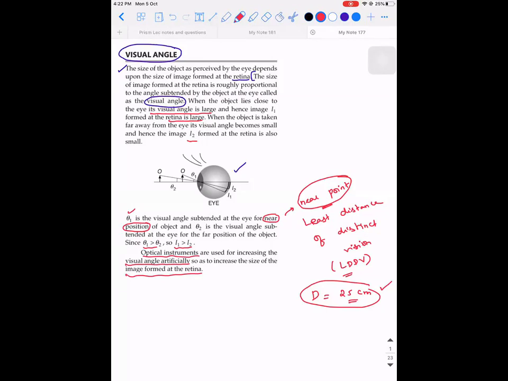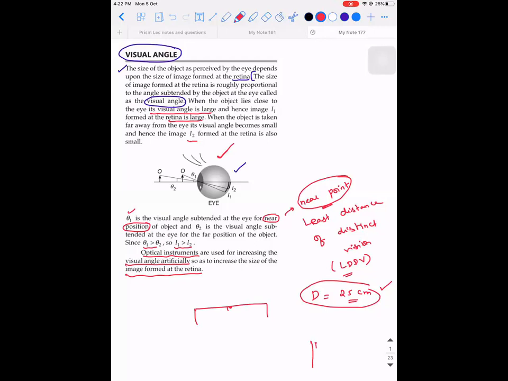Whatever we are talking about here is with a naked eye. We are not using any lens in between. We are neither using a lens nor a mirror. We are just looking at it directly through our eyes, and it is happening naturally. But what we can think of is using a microscope in between. For example, you have a vernier scale where you need to take readings. Let's say the scale is calibrated in such a way that the readings are very close to each other. Then you will use a simple microscope.